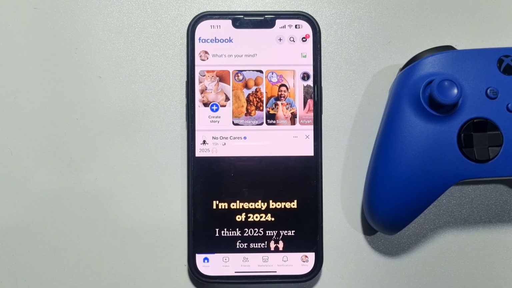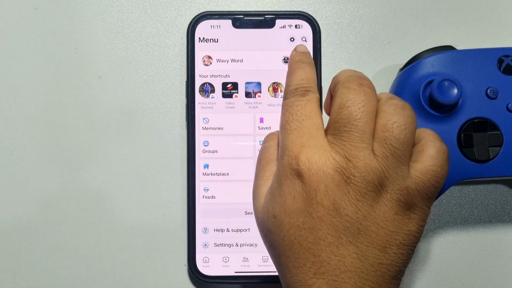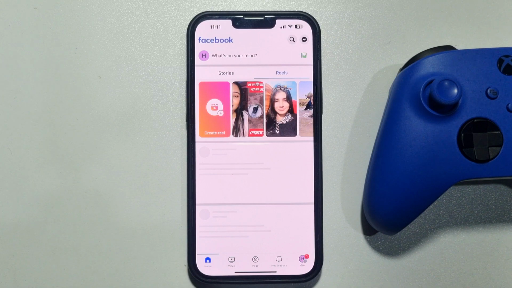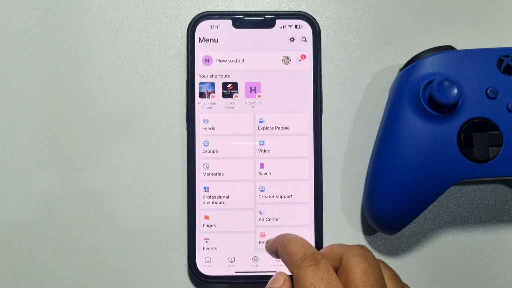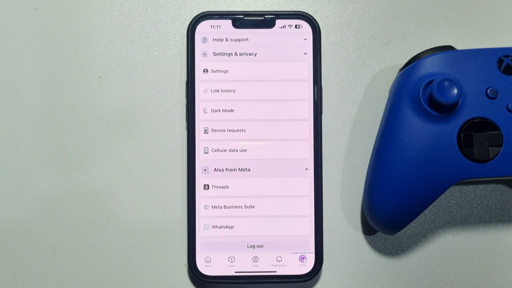First of all, we need to switch to the Facebook page. So tap on menu, tap on this arrow icon and select the Facebook page. And now tap on menu, scroll down and tap on settings and privacy. Tap on settings